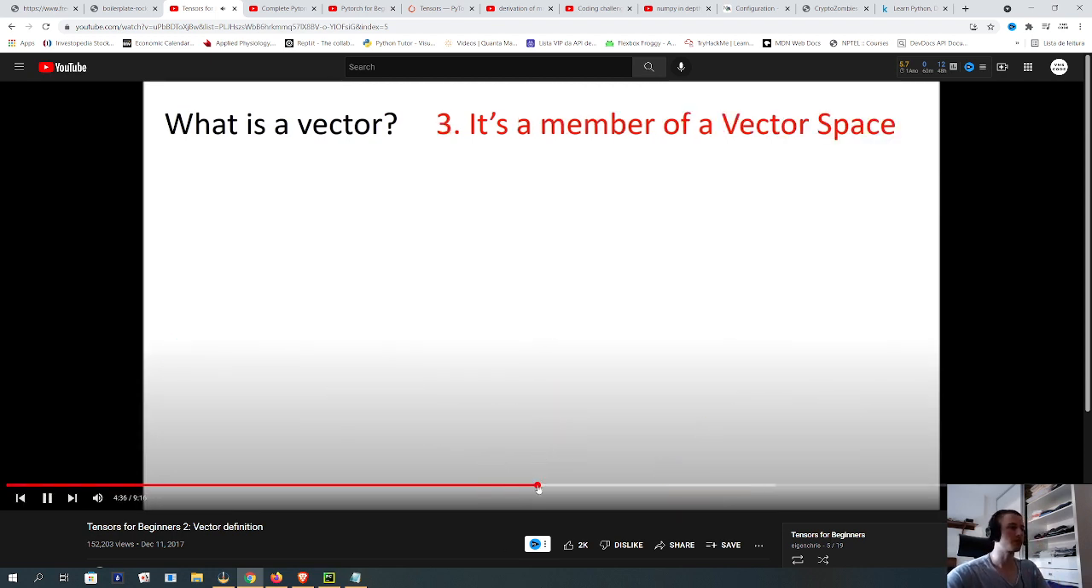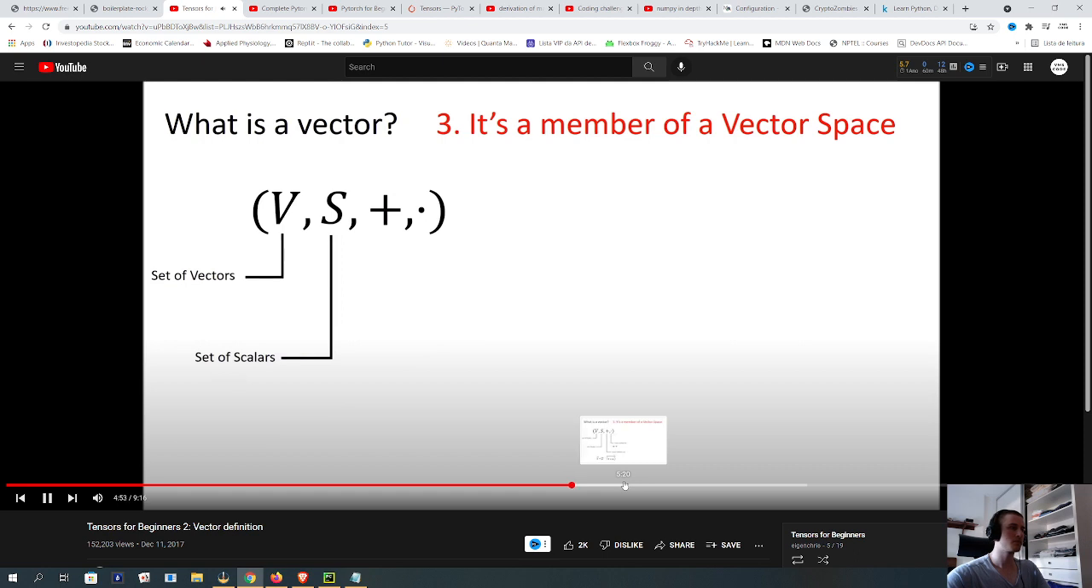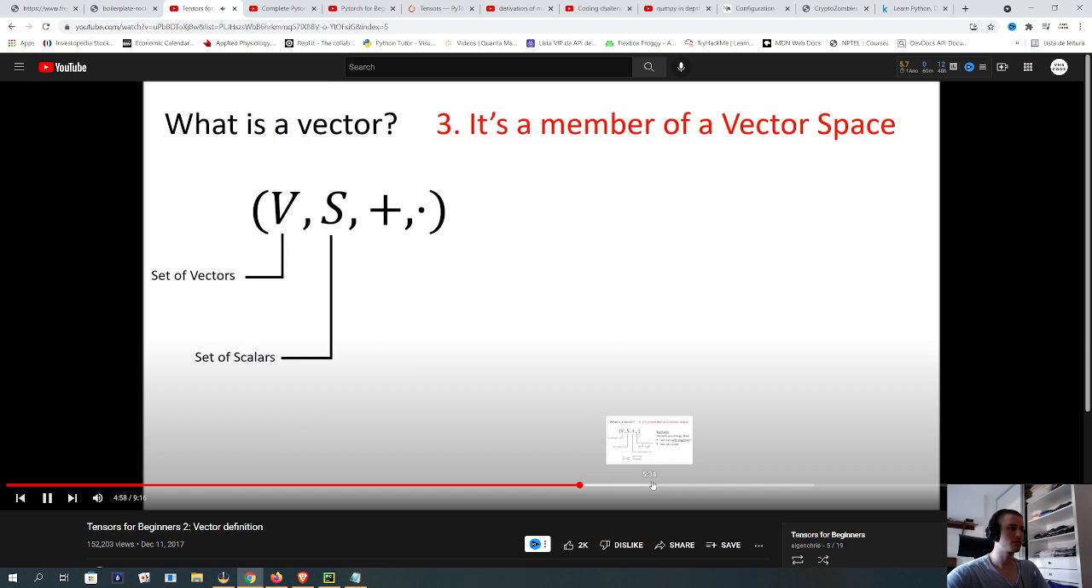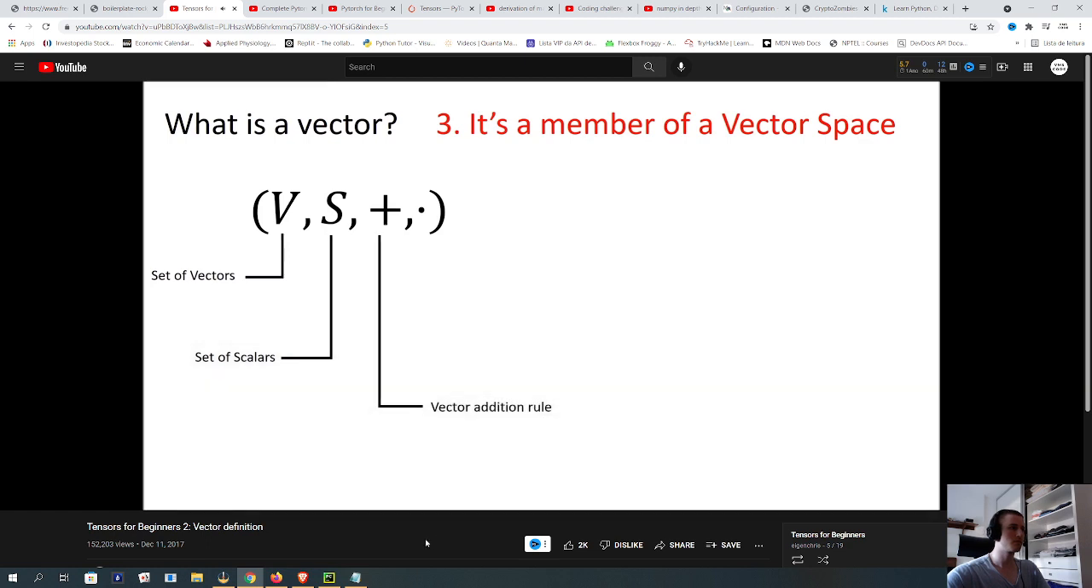But there are of course other kinds of vectors. A vector is a member of a vector space. The first thing is a set of vectors V, which are the vectors themselves. The second thing, S, is a set of scalars, so these are the things that we use to make vectors bigger and smaller. The third thing is some sort of addition rule that lets us combine two vectors together,